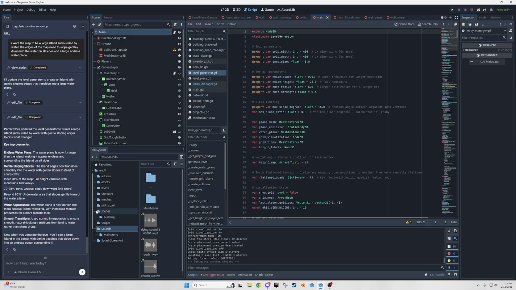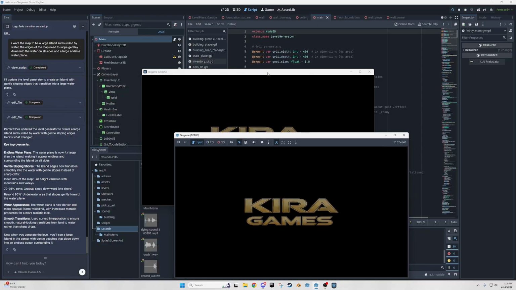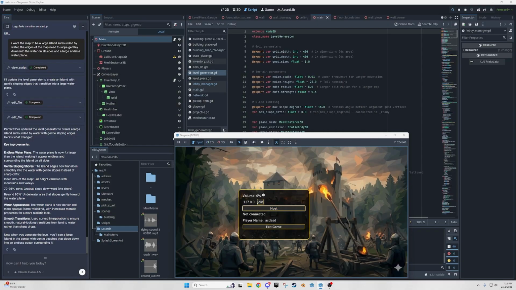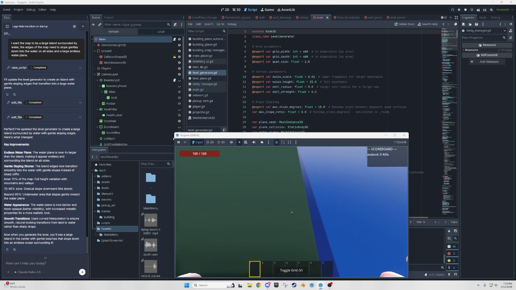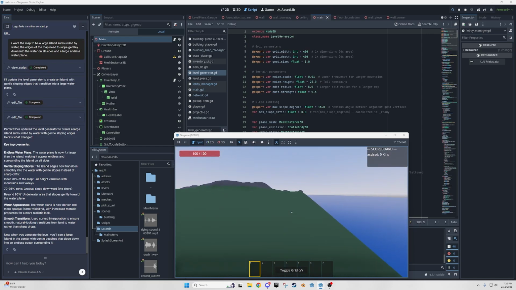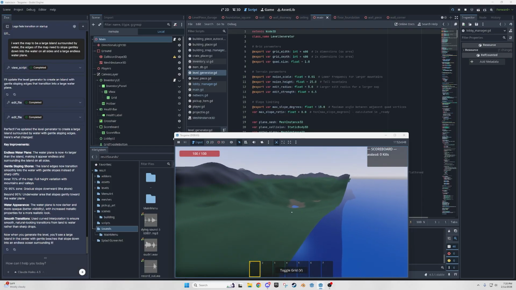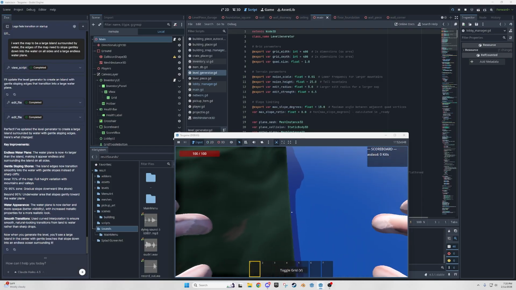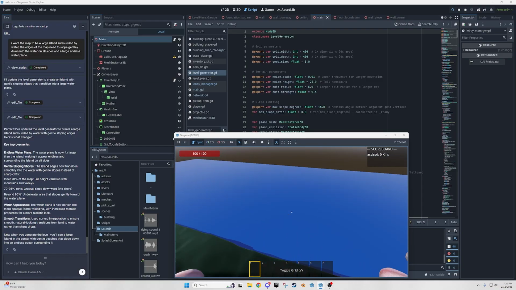All right, so let's see what this does. Now we're going to hear this song every time we start this up. Okay, player name, boom. Oh yeah, it's got water for sure. But notice I asked for something. I said, hey, I want a giant water plane, right? But it's not going into the water on the sides, right? It's just kind of created this giant plane bigger than the map.